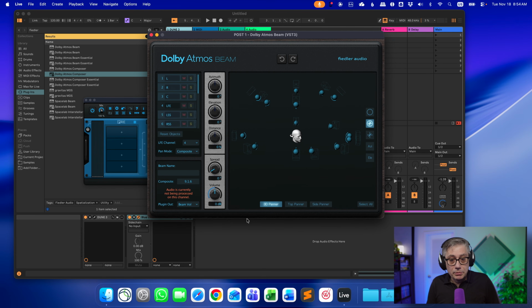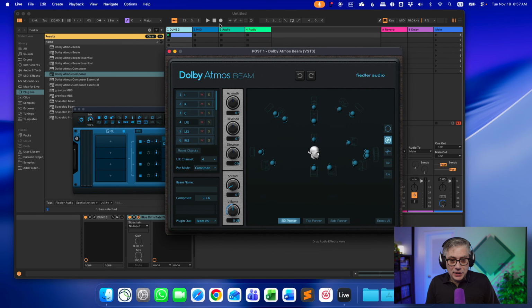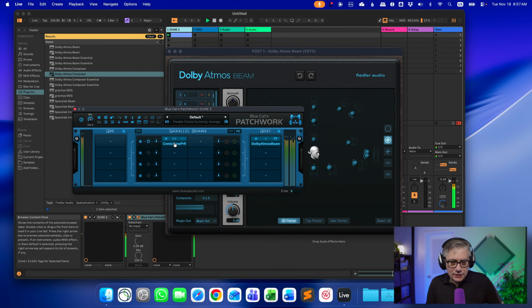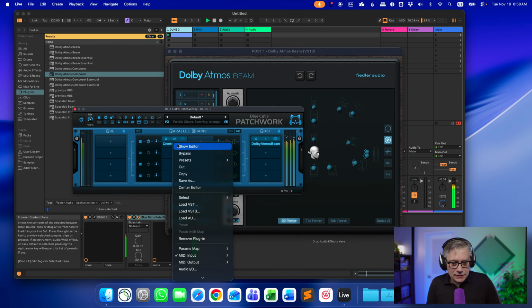And that should now make sure that the connection between the Beam plugin and the Dolby Atmos Composer is correct, and the 16 channels are correctly routed into the Dolby Atmos Composer. So let's play audio and see what happens, and we are going to see that we have the stereo input here. Now, because we switched the overall settings of the plugin to 8 channels, Cinematic Rooms has actually now switched